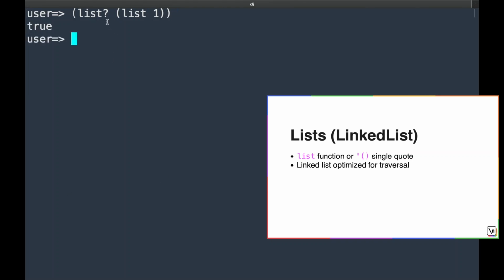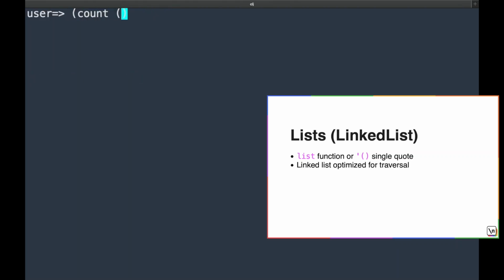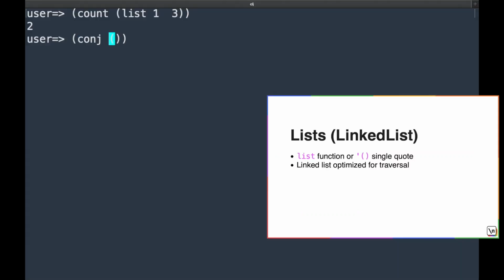Conventionally, functions ending with a question mark are considered to be predicates. The count function can be used to count the number of elements in a list. Now count is a sequence function, which means that it will work for lists, for vectors, for maps, and even for sets. The conj function can be used to append an element at the top of the list.